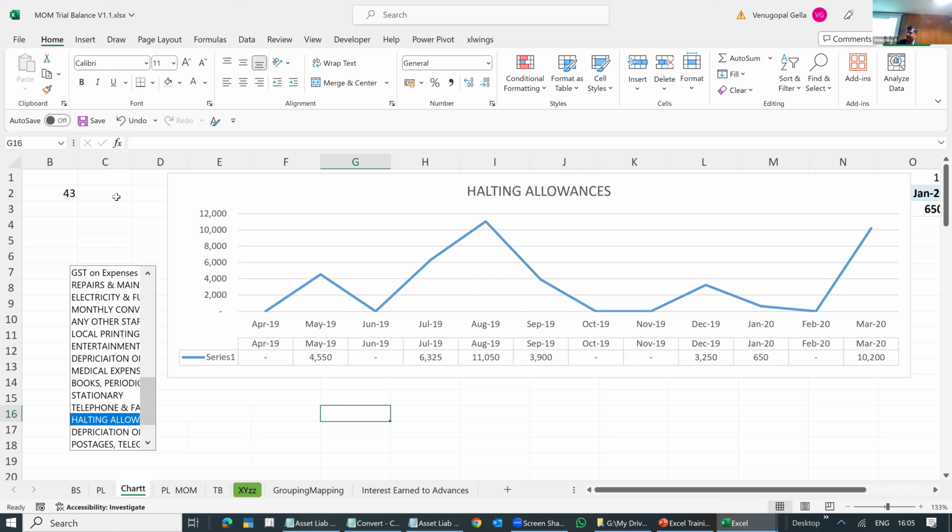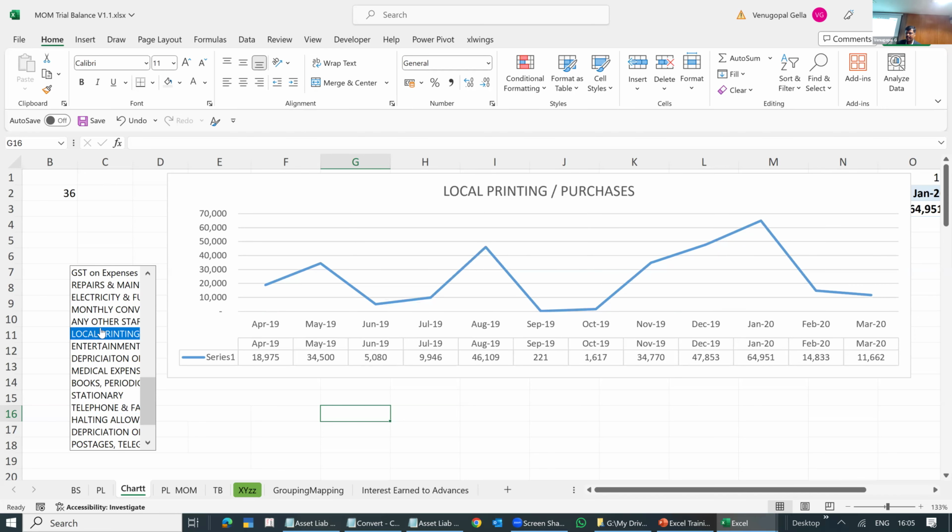Once we see it, like I see the balance sheet item or any item, sitting at your desk, your job is, okay, I'll see one by one. Okay, here, local printing and stationery, September and October is like 0. But suddenly in the month of January, it shot up to 64,000. In my query list, I'll just write, I want someone, my article, to go and check this. It would take 1 hour for you to glance through the entire balance sheet items, entire P&L items in this format. But then you know what you have to ask them to look at those worksheets. Right? This is not complicated, but knowing that this can be done, this needs to be done is very important.